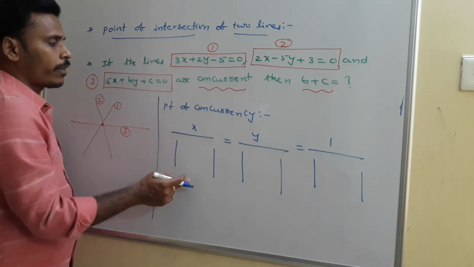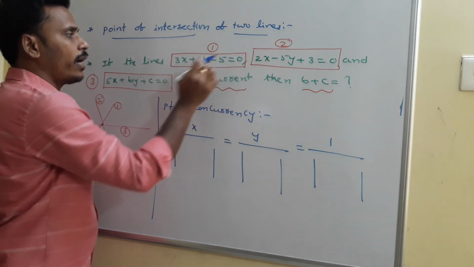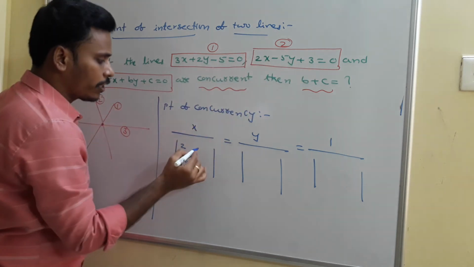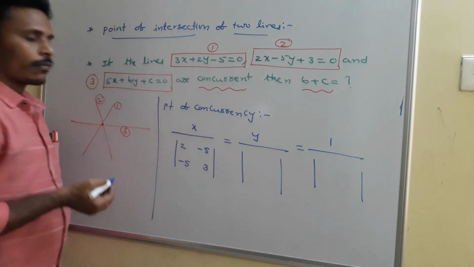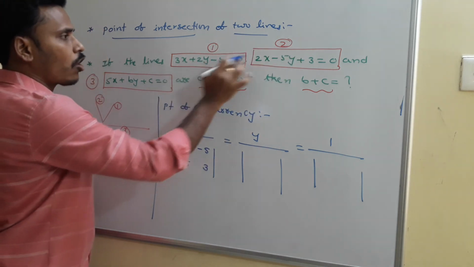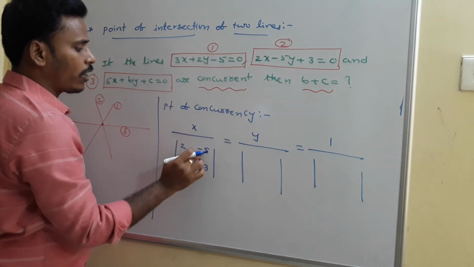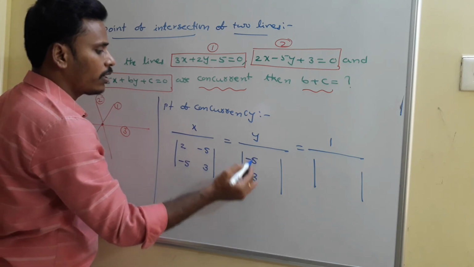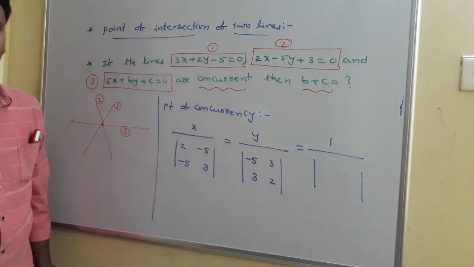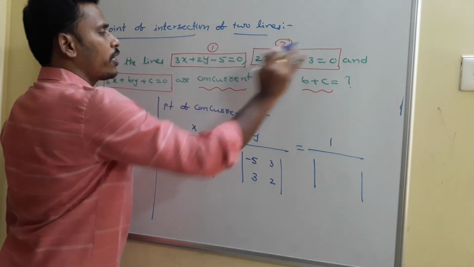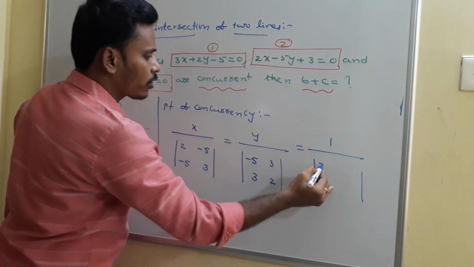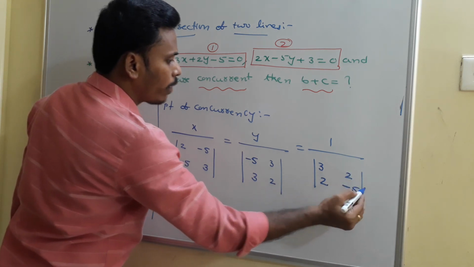So for x divided by, you need to neglect the x coefficients, concentrate on y: 2, minus 5, and then concentrate on the constants: minus 5, 3. So x divided by is over. Then coming to y divided by, leave the y coefficients and look at the constants along with x, continuing the order. That's why we first start with constants here and then we leave y. So look at x: 3, 2, and 1 divided by the constants. Just close these constants, leave the constant terms, and take x coefficients and y coefficients. X coefficients are 3, 2. Y coefficients are 2, minus 5.